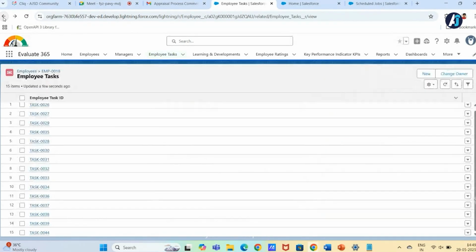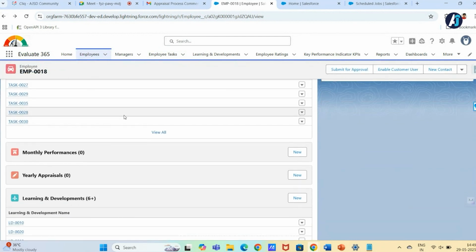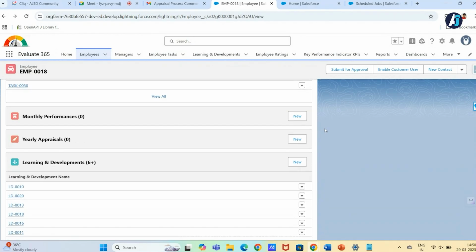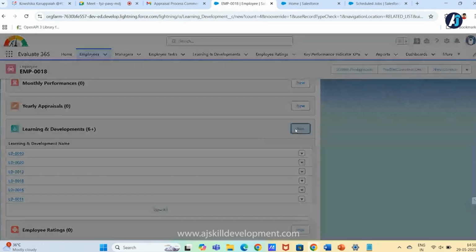So next, we will be moving to L&D and additional responsibility. Both KPIs, Suresh and Harish have worked on that module. As part of them, let me create the records. As L&D, you can see the same. I have created a few records as dummy data for the employee. Now let me create L&D here.